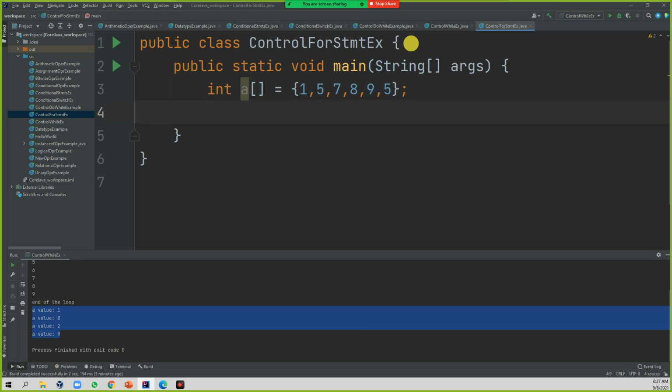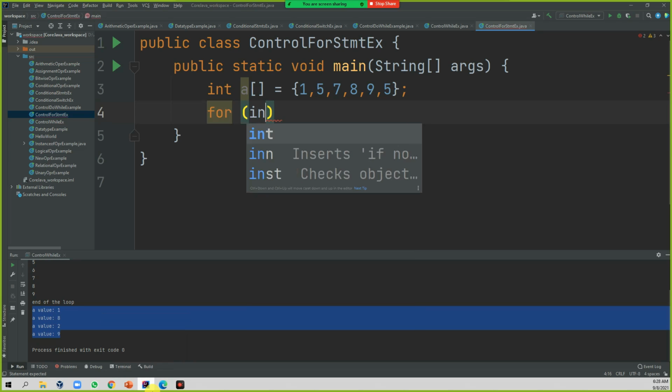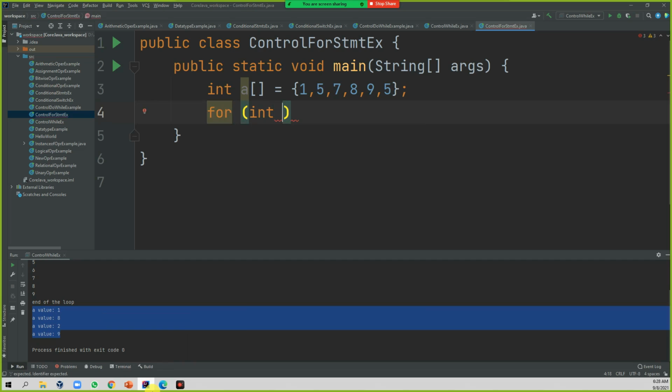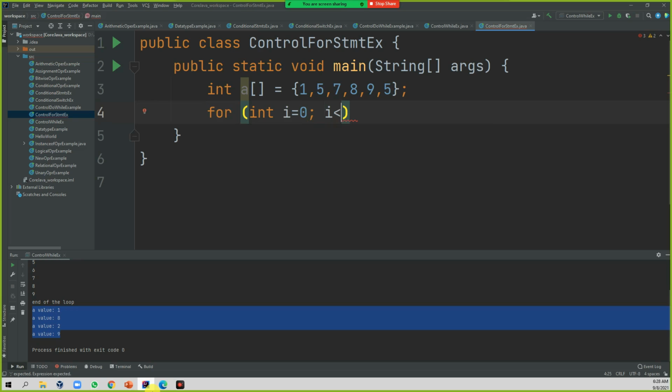so I have an array, it has 6 elements. If I'm going to display this data, I need to use for. Here the first thing is initialization, int i is equal to 0 because an array starts from the 0th location. Then i less than, you can directly put a value, but that is not the correct approach.